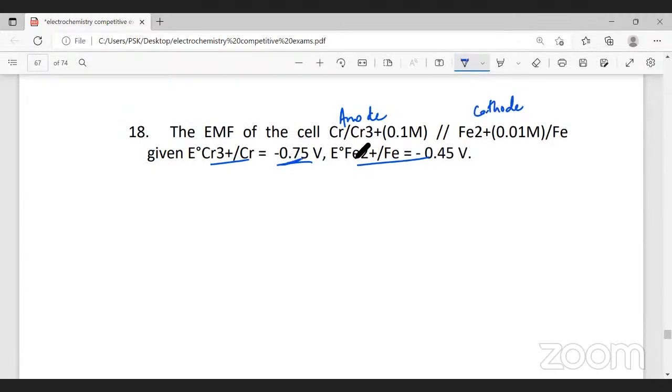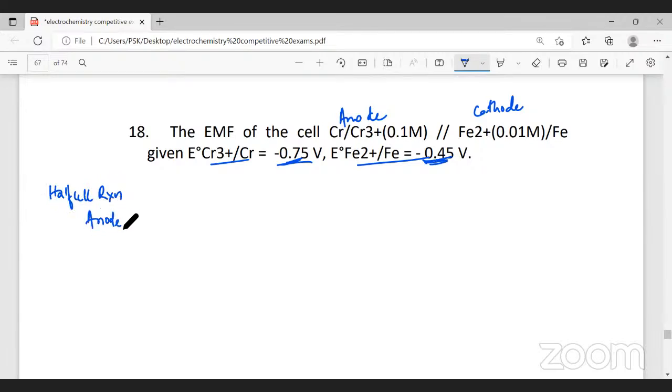Based on the electrode potential also, we can remember: the larger the value, I told you, it is the cathode. So for iron, you can see the potential is minus 0.45. For chromium, it is minus 0.75. That means iron's is larger. So iron will act as the cathode and chromium will act as the anode. If that's the case, if I write the half cell reactions at the anode,